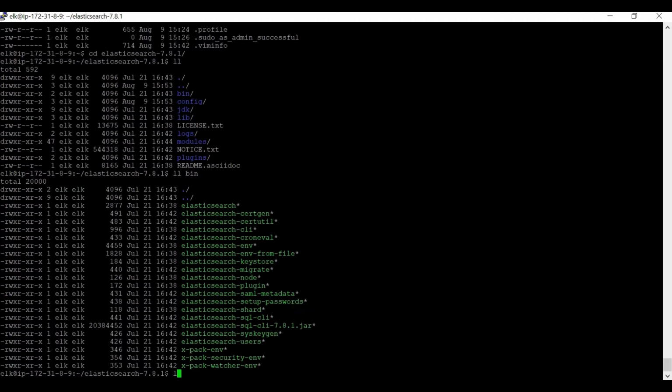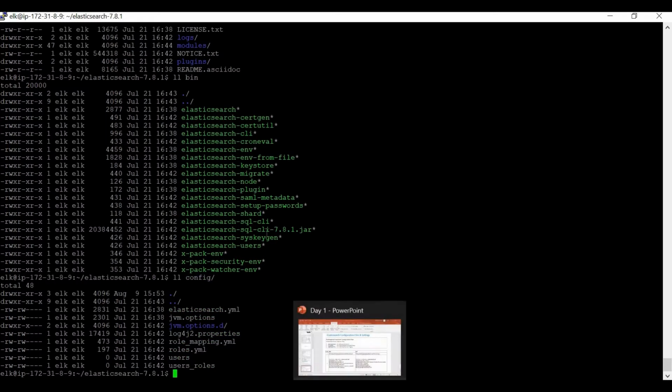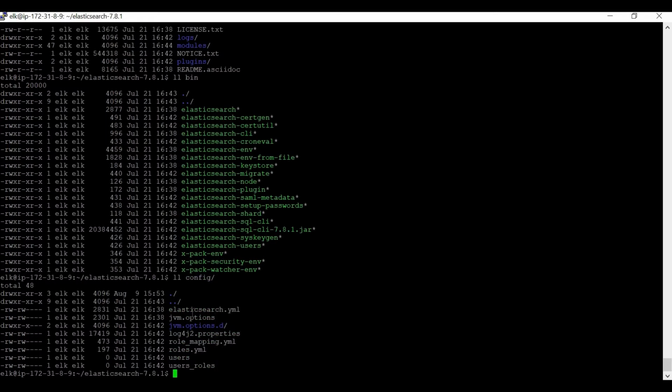If I go to the config folder, this is my elasticsearch.yml, where all necessary configuration related to Elasticsearch will be configured. Then jvm.options, and log4j2.properties, which is for configuring our logging management. Then role_mapping, roles, and users_roles.